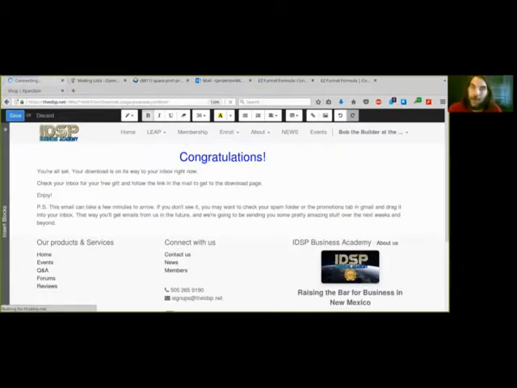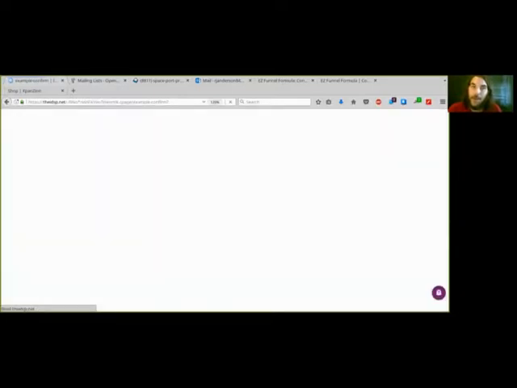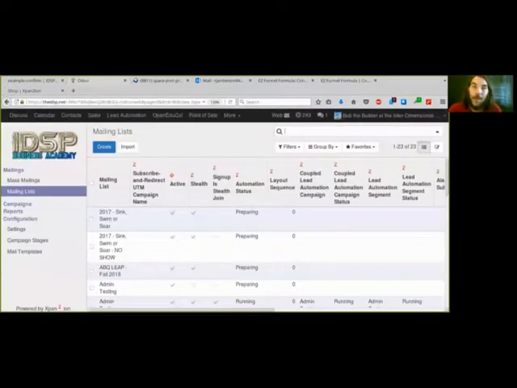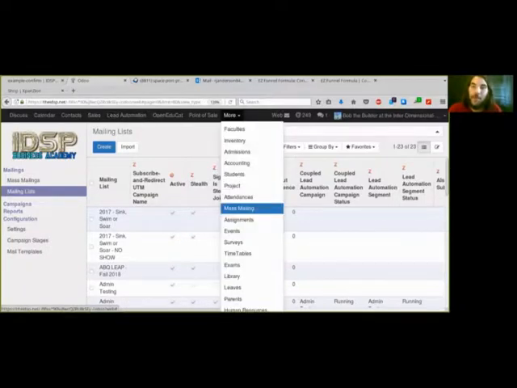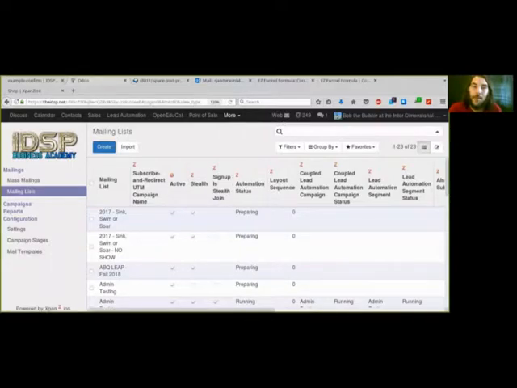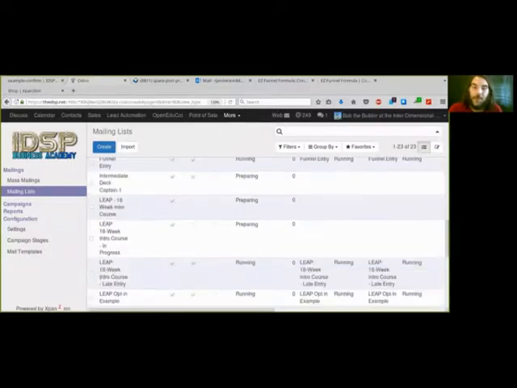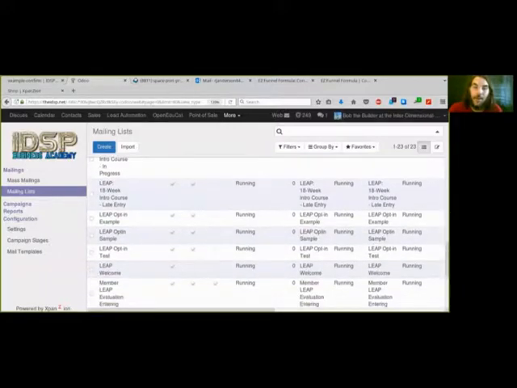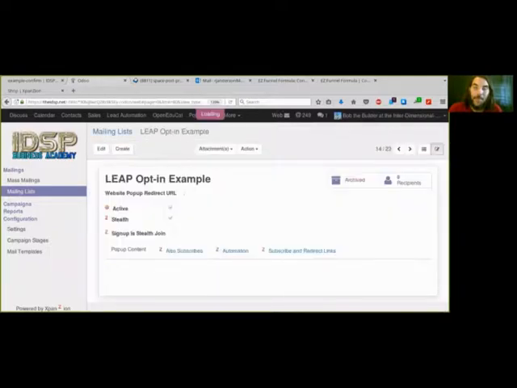So while we have a confirmation page, let's switch over. Now do a new tab. You can duplicate the tab you have, open up a new browser, but get a new browser tab and get into your back office on your website. And in your back office, go to mass mailing, and we're going to go to mailing lists, and find the opt-in list for this sequence. So click on the list, click edit,